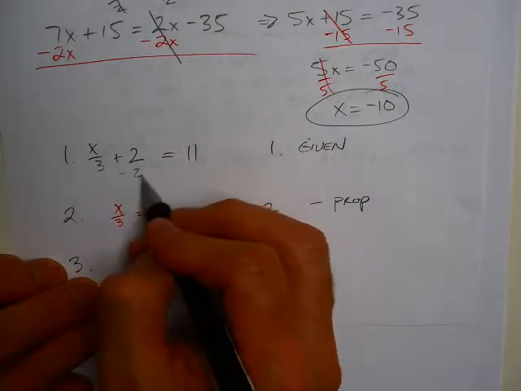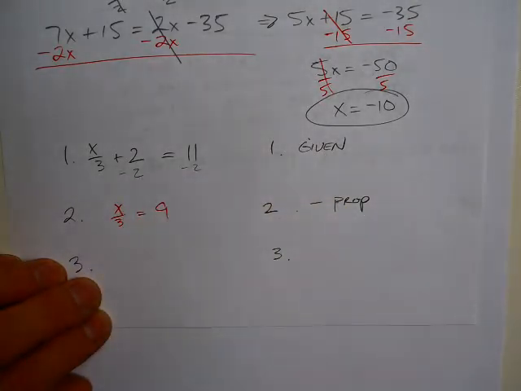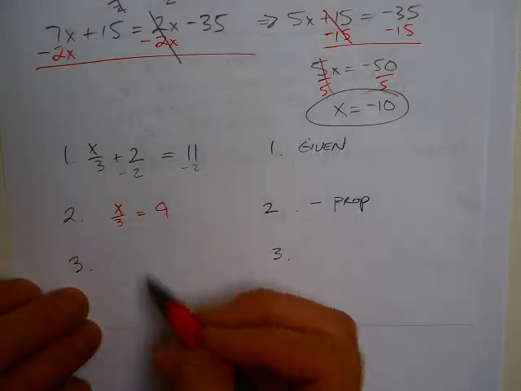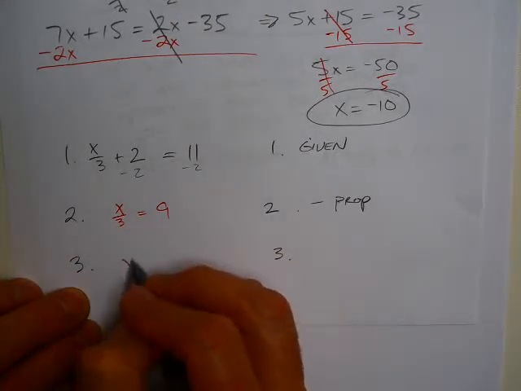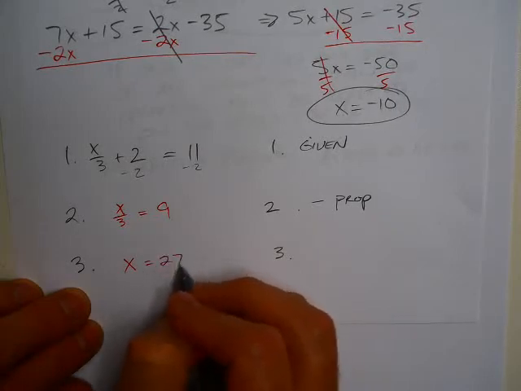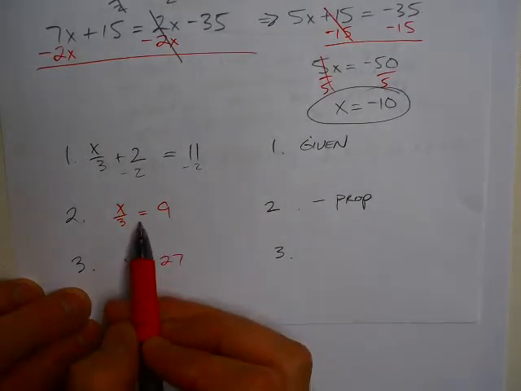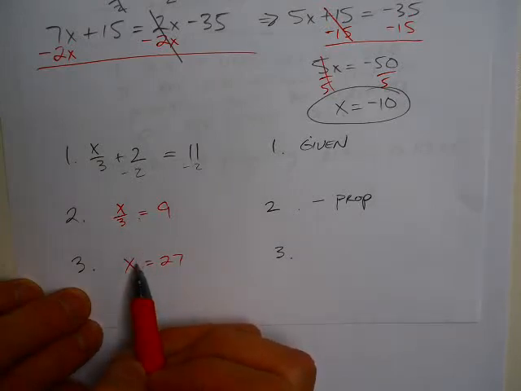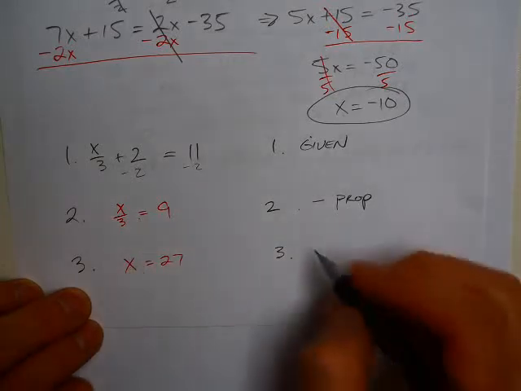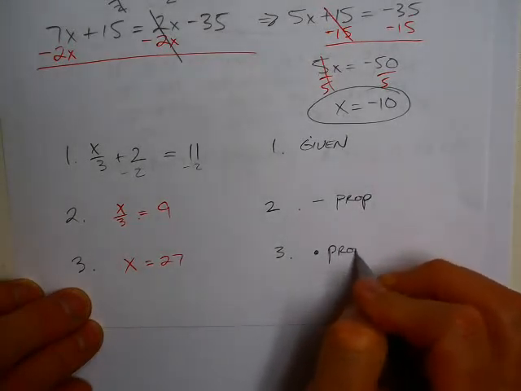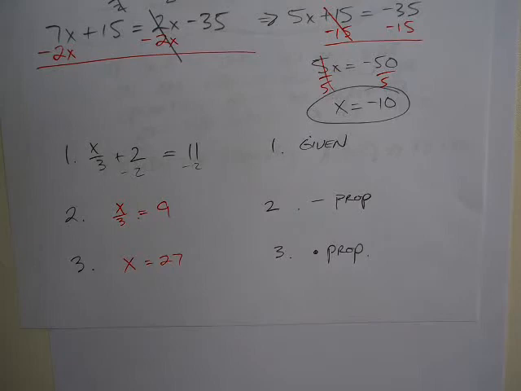Now, you can write that in there, that's just fine. But okay, now how did we go from here to the answer? Because the next big idea was that this equaled 27, right? So what property allowed me to go from 2 to 3? Multiplication property, right? So you're going to have some problems that are going to ask you to identify, maybe work out too, but identify what properties were used to get from step to step. Did I use